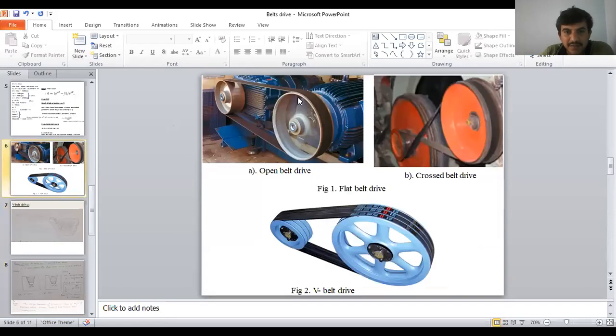See the difference here. In flat belt, the belt wraps over the pulley, and the bottom of the belt directly contacts the pulley. But in V belt, you can see the trapezoidal cross section of the belt contacts the grooved pulley on the sides, not on the bottom. In flat belt, usually we use only one belt. But in V belt, if I want to increase the power transmission, then you go for a grooved pulley with a number of grooves, and a number of V belts we use.